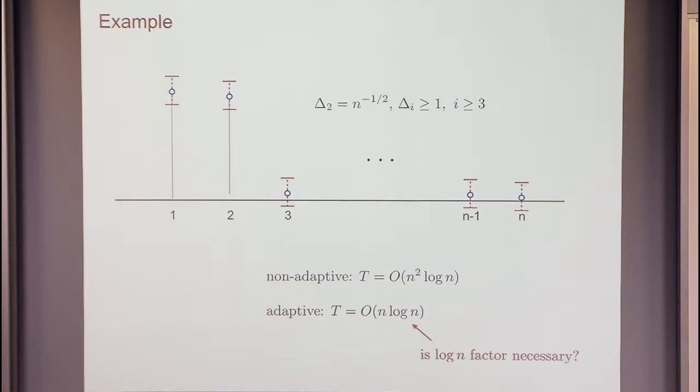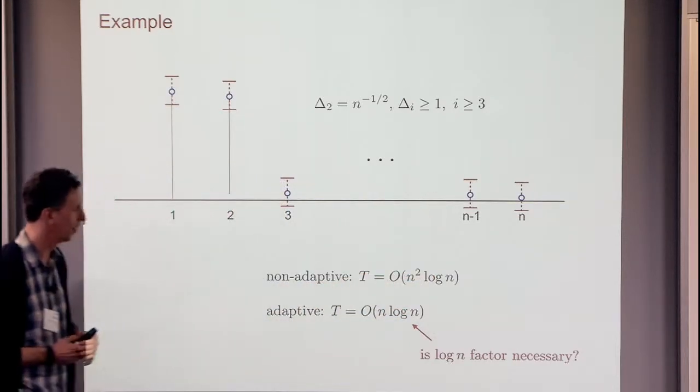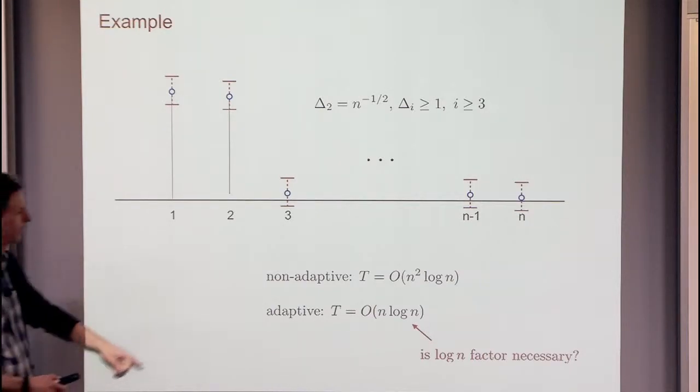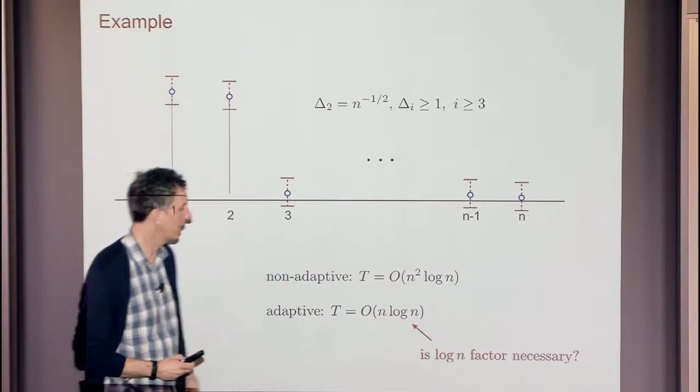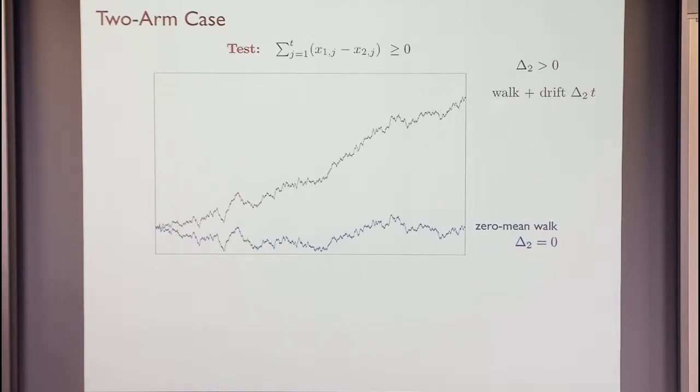Okay? Another thing you notice here is we're getting this log n because we were doing this union bounding to get all of these simultaneous confidence intervals for every arm and every time. These are just for union bounding over all the arms. And so you could wonder, is that really necessary too? Do you have to suffer that log n? Okay. So I want to think a little bit about what's really going on in this problem.